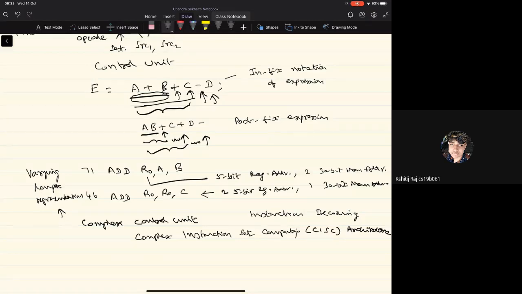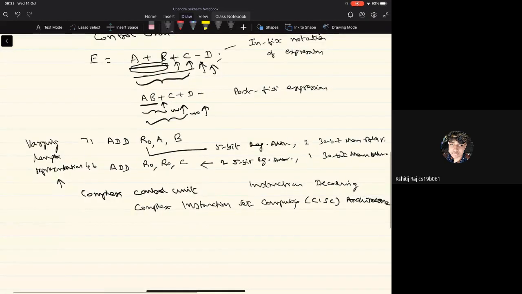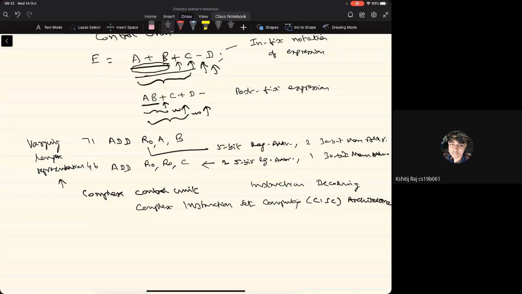Now let's complete the discussion on this translation of the high-level language statement here. So we perform the two add operations. Then the sum of A, B, and C will be available in the register R0. So now we have to perform the subtraction operation on the sum of A, B, and C that's available in the register R0. Then the second operand, that is D, is the one that we have to subtract from the sum of A, B, and C. And then we have to put the result in the destination operand of the assignment statement here, which is